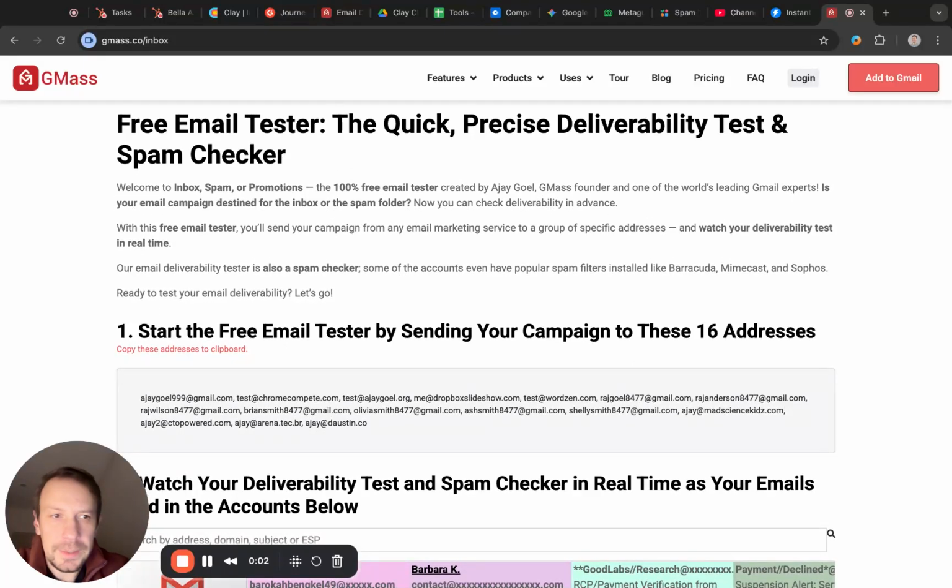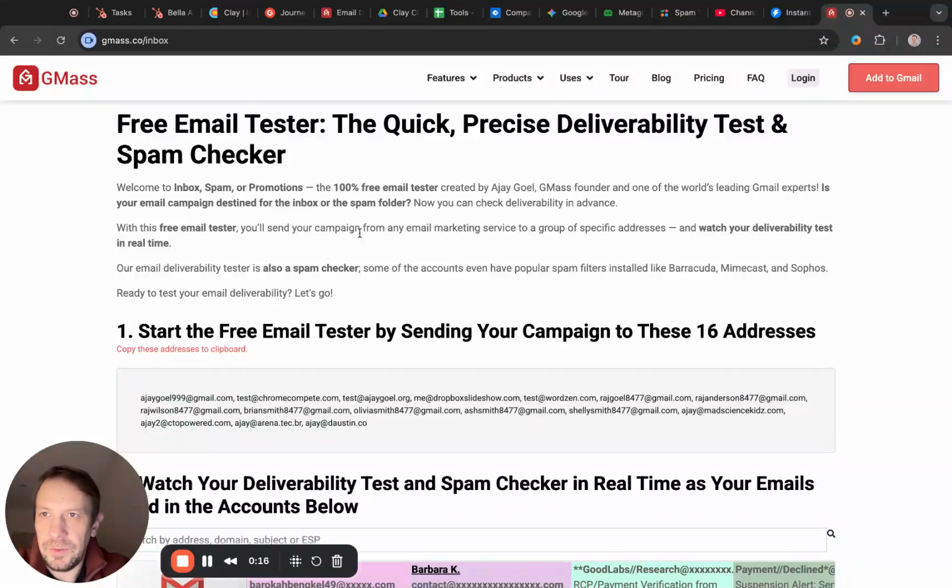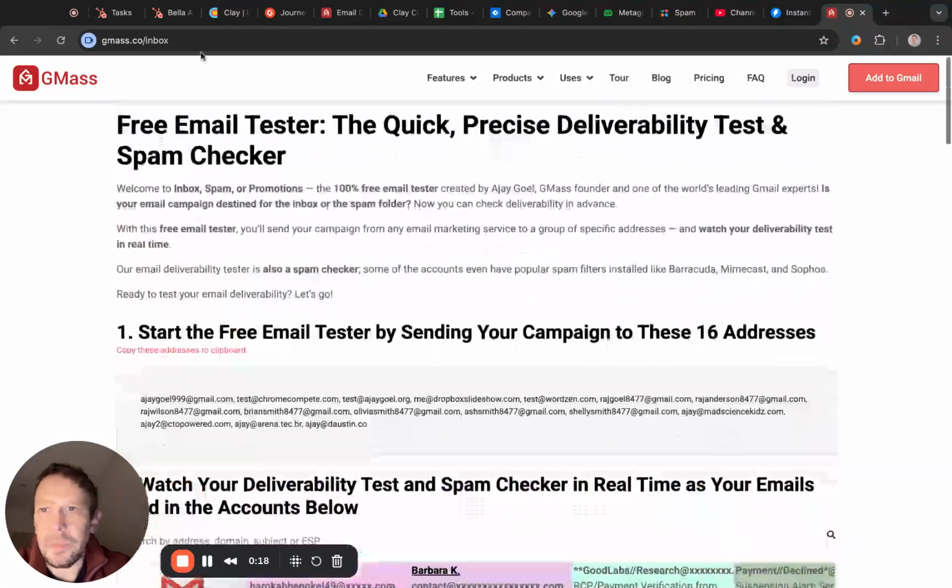How to quickly test your deliverability with Gmass. The idea is to check if certain mailboxes have started landing in spam. This is number one, a quick and free test we can do. So we can go to